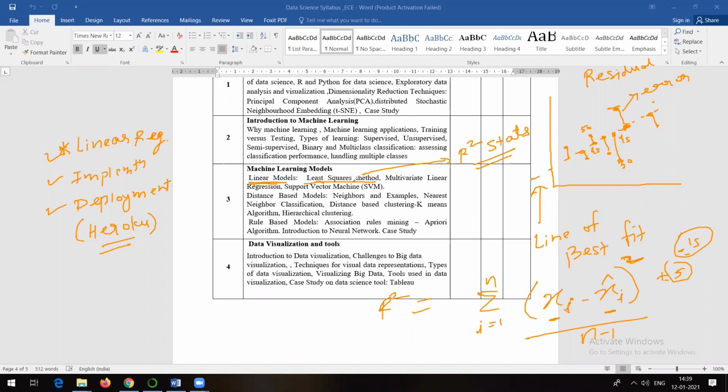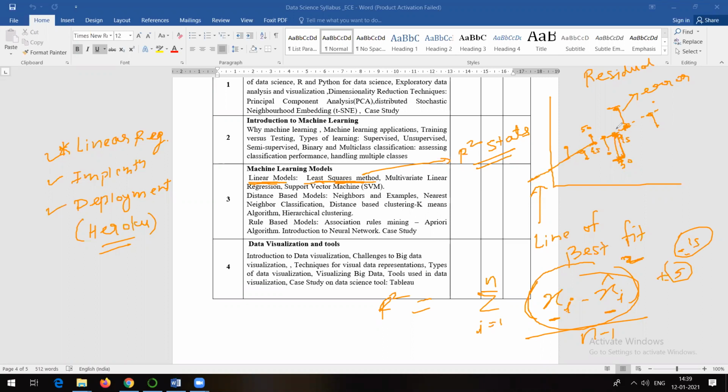And that is the thing about the least square method. We always try to find the least value. Our target is to find this least value, meaning this should be as minimum as possible. What do I mean by that? It means the residual, the error, should be as minimum as possible. And we actually take the square of the error. Why do we take the square of the error? This is just to nullify the effect of the negative value.